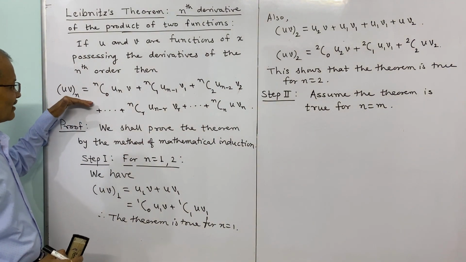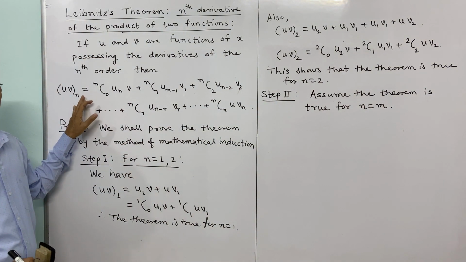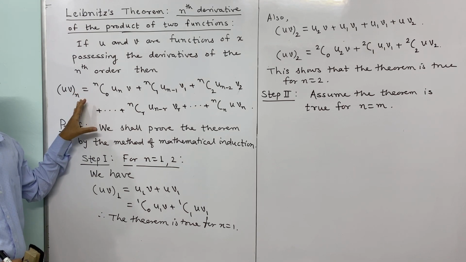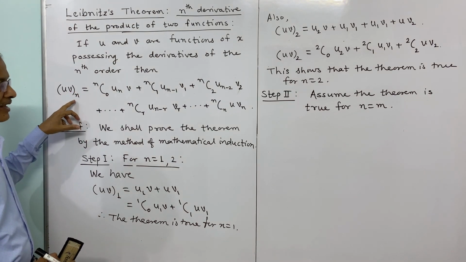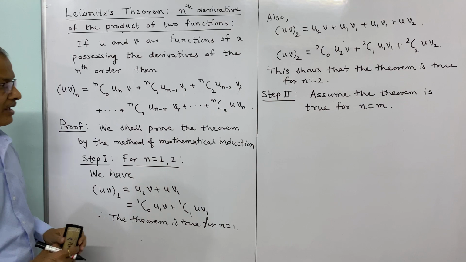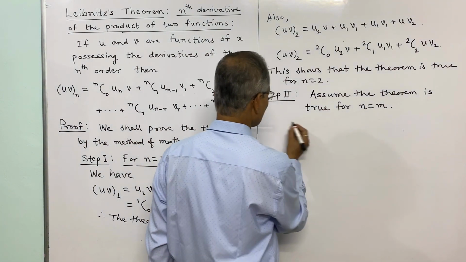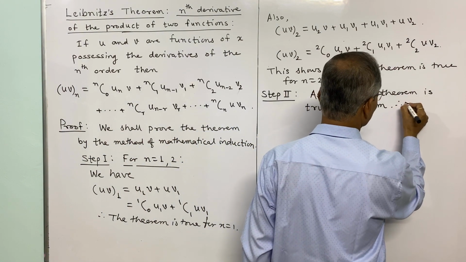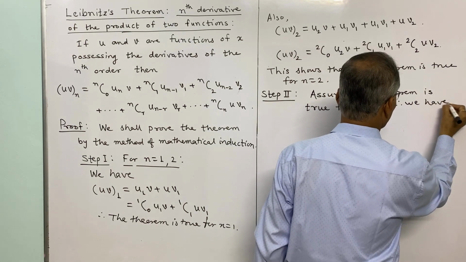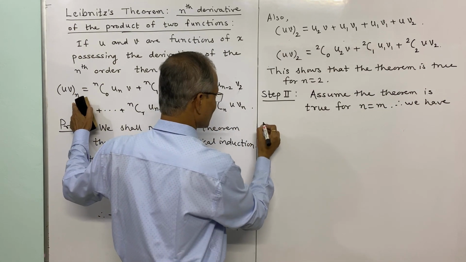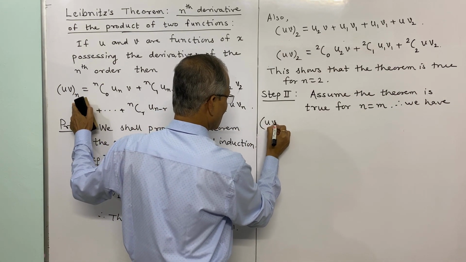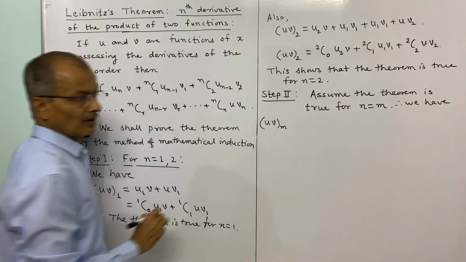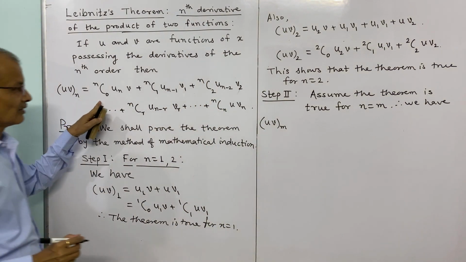Just write in place of n as m, then the theorem is true. So replacing n by m, we write the statement of the theorem. So therefore we have, now I shall write this statement in terms of m. The mth derivative of u into v is equal to